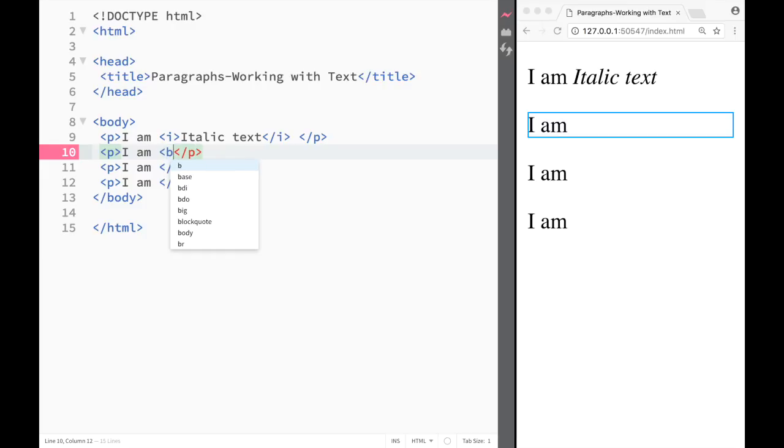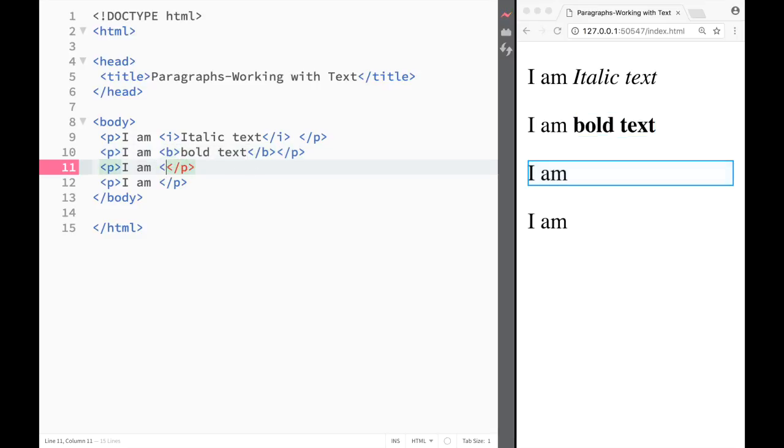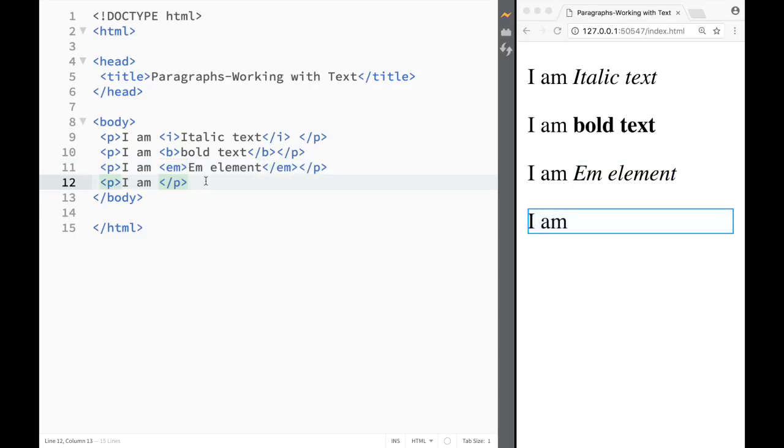So let me show you another way how we can do that. Let's say I would create a tag which is B, which stands for bold, and you already probably guessed that I would write over here bold text. And I would go to paragraph number 3, and over here I would write an EM element, and you'll see what it does. Italic. Well, I'm gonna write "I am EM element", and EM stands for emphasis. And over here I'm gonna write strong, and again I'm gonna write "I am, let's say, strong element". Okay,